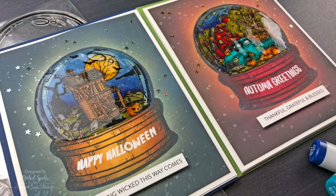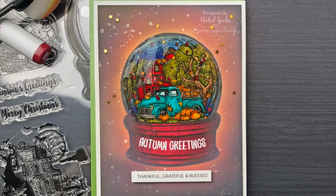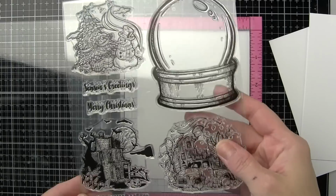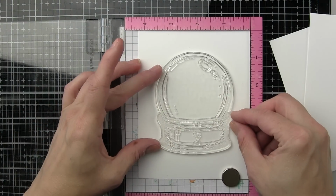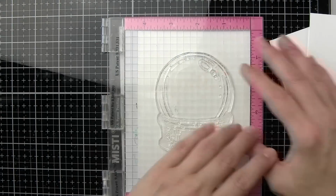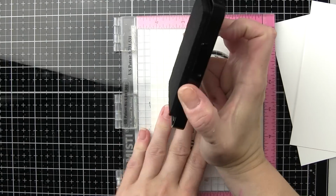Monroe stamp set. This is a 6x8 clear stamp set called Autumn Greetings. And while it has a Halloween and an autumn image for this awesome snow globe, there's also a Christmas image. I am going to concentrate on the autumn images here today, but I stamped all three, so I'll probably be creating something with that a little bit later that I'll share on social media just because I think this is a fantastic stamp set. I am starting with 3 panels of Nina heavyweight cardstock, and I am stamping the snow